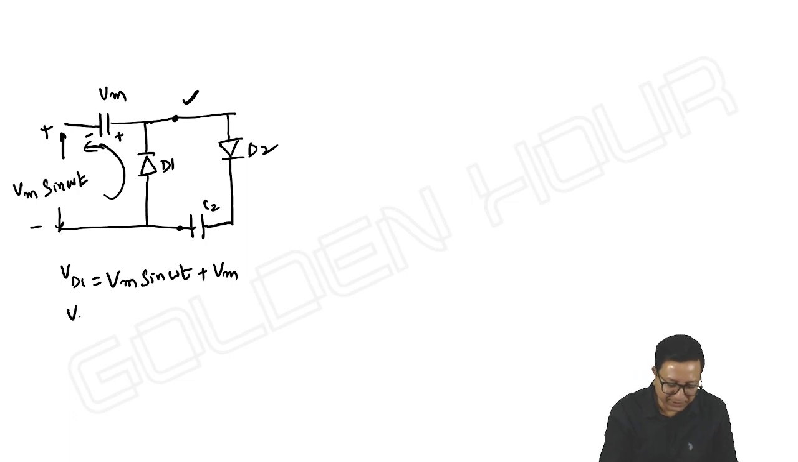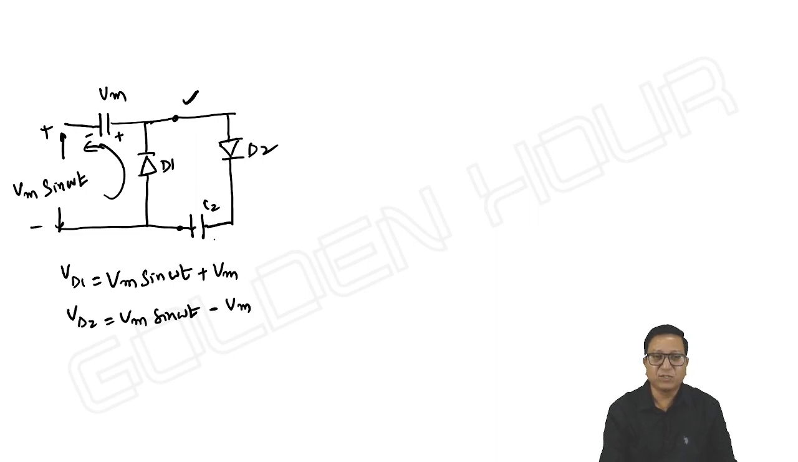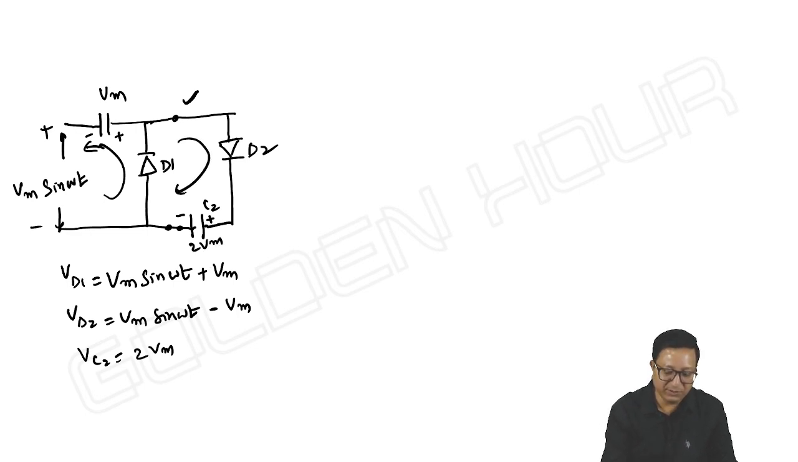Voltage across D2, Vd2 is equal to Vm sine omega t minus Vm. And what about C2? C2 will charge up to the positive peak of its input. What is the input to this circuit? Here, the voltage across D1. So Vc2 is equal to 2Vm. How about the polarities? Plus minus 2Vm. Because if the diode D2 is on, the current flows in clockwise direction. So voltage across the diode D2 is known. A negative clamper output is acting as input to